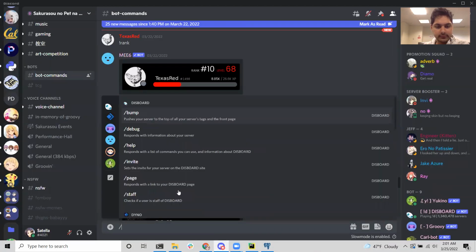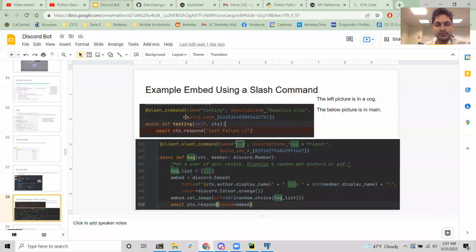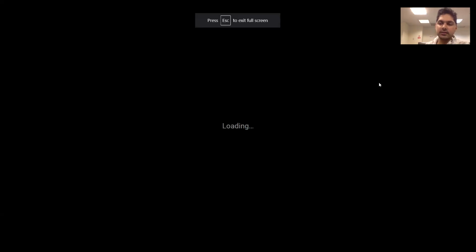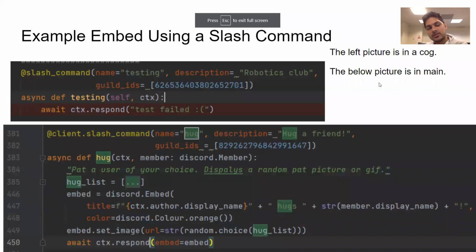So that's the name of the command and that's the description, right? And that's what we would specify here in a slash command, the name and the description. Slash commands I really don't like because when you create this command, it isn't live for everybody to use until maybe after an hour or something, live for everybody in all servers. So if you want to beta test, you need to specify the guild IDs where you're beta testing, such that if this ID is in this list, then you can automatically use it.